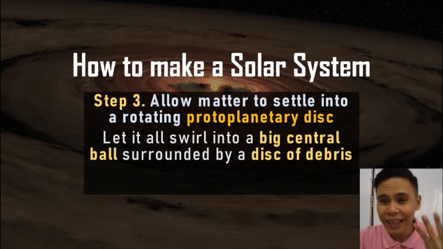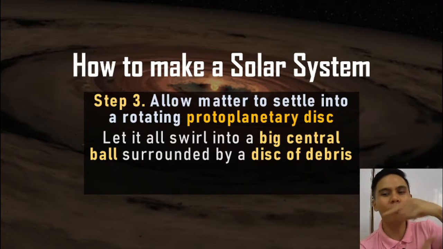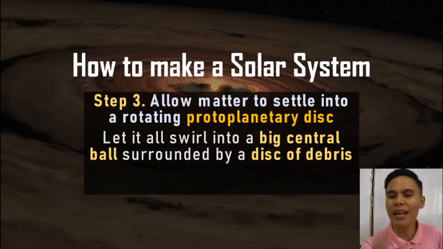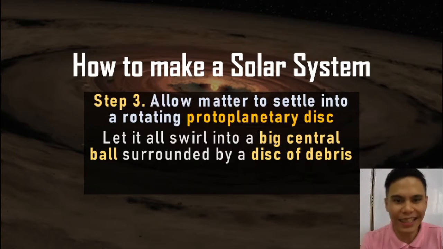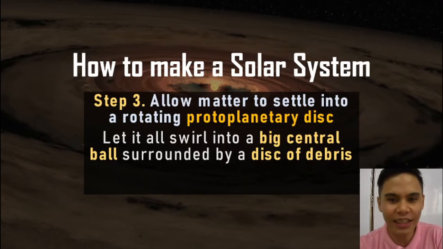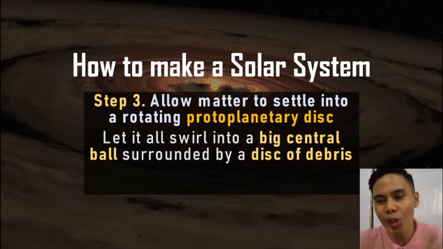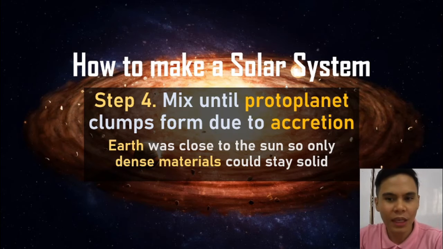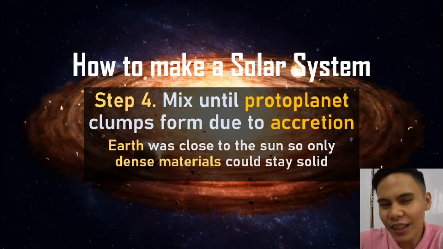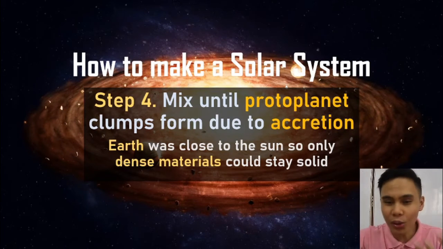Step 3, that nebula will turn into a protoplanetary disk. Just imagine a top spinning around, a fidget spinner. But instead of a fidget spinner, it's interstellar dust and gas. So it swirls up into a big central ball that forms into the sun and a disk of debris. Step 4, you mix it until there's protoplanet clumps. So the protoplanets are the